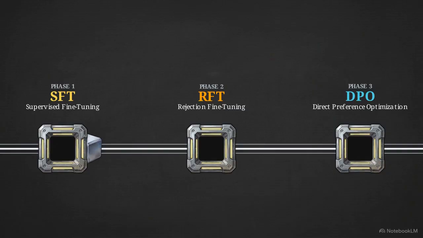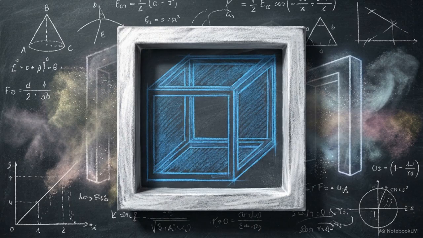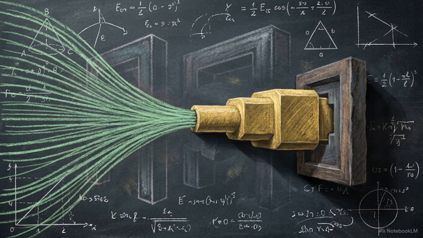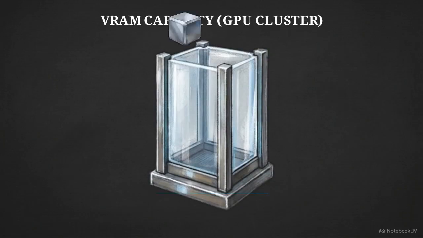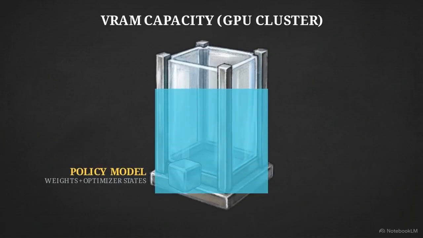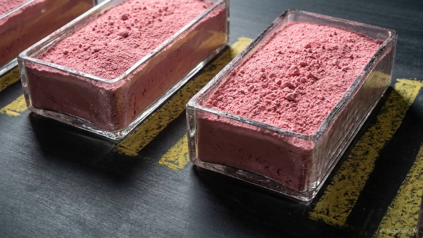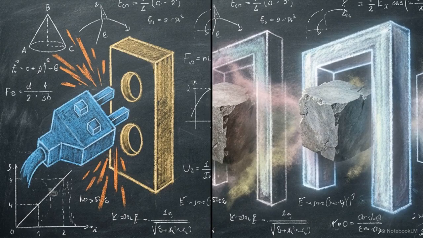SFT, RFT, and DPO function as sequential stages within a unified post-training pipeline. Phase 1 establishes the formatting, Phase 2 expands the reasoning boundaries, and Phase 3 performs final alignment. Operating this pipeline on a GPU cluster introduces extreme VRAM constraints. Loading the policy and reference models side by side often pushes hardware to its absolute limit. This memory pressure makes the choice of DPO, which only requires 2 models, a necessary hardware decision for many engineering